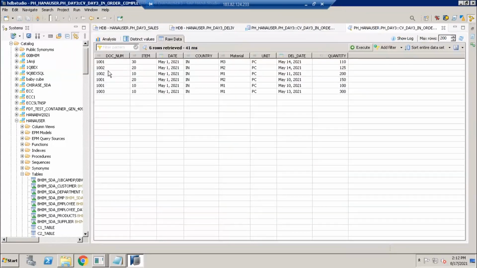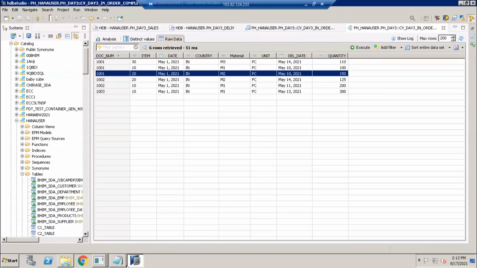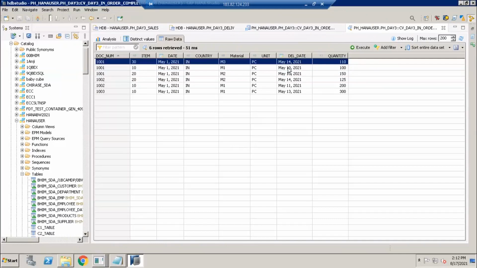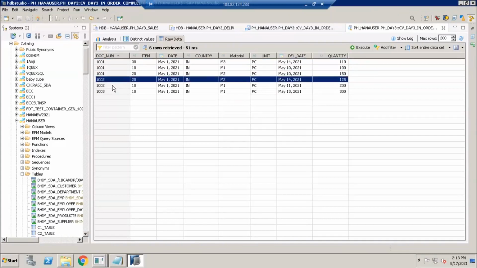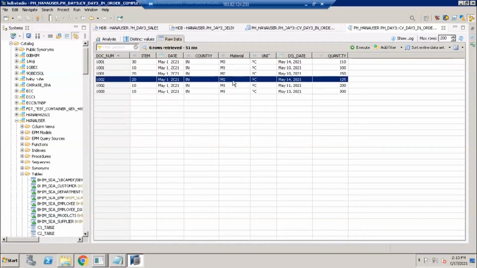Now if we see here, for delivery 1001 I am seeing two different dates, 14 and 11. Let's sort it on document number. Now one document number has item 30 delivered on May 14th, and items 10 and 20 delivered on May 10. As per my requirement, I want to show the max delivery date as the delivery date. It means 14. So all three records should contain 14. So we need to derive some logic to update this May 14th for the entire document number 1001. In a similar fashion, for document 1002 also, we need to implement logic to bring 14 here also. So how to implement it?